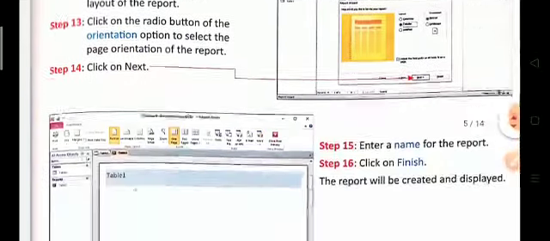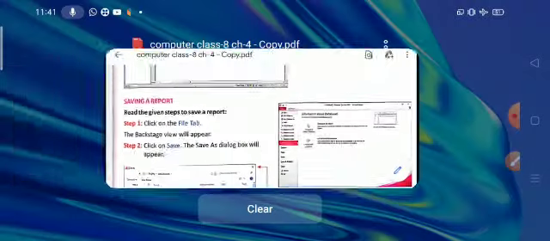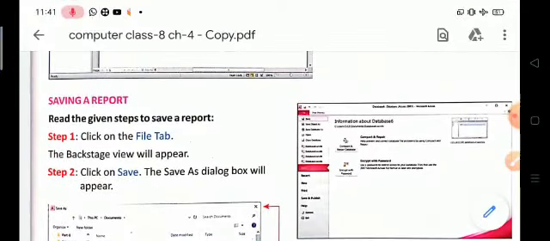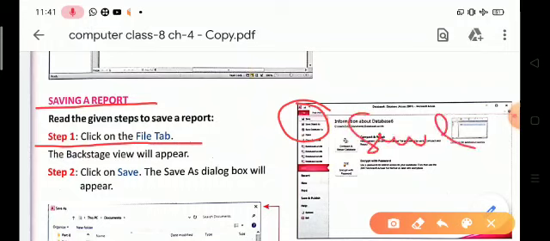Now the question is how to save a report in MS Access. There are some steps to save a report in MS Access. In step number 1, click on the file tab option here, and then click on the save option. The save as dialog box will appear.